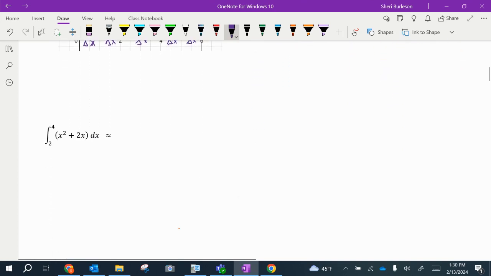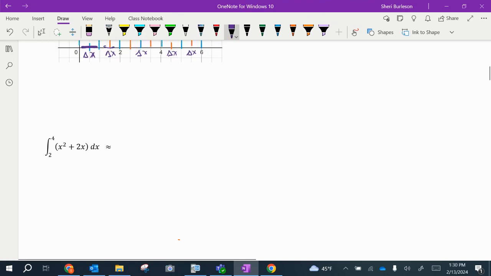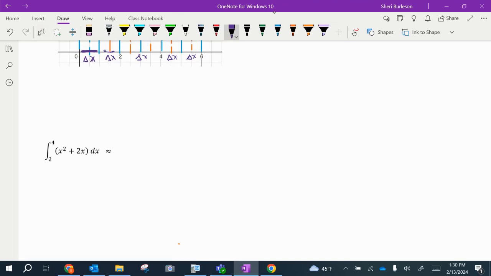So if I wanted to approximate the integral from 2 to 4 of this function x squared plus 2x dx, I am going to need to know how many intervals. We're going to do 4 equal subintervals. So that means that my delta x is going to be the width of the interval, 4 minus 2, over the number of subintervals. So I'm going to have a delta x of 1/2. So my midpoint, if I'm using the midpoint rule, what I'm going to do is look at,